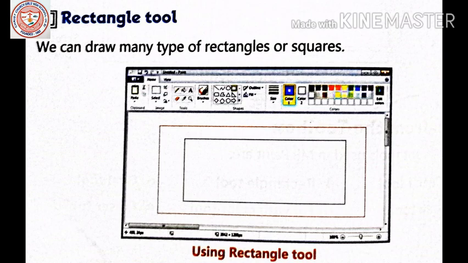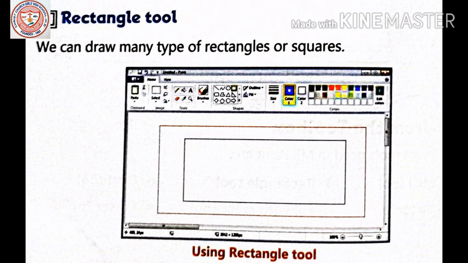You can see how they have drawn. You can use different colors. So let us see what are the steps by which we can use the rectangle tool.